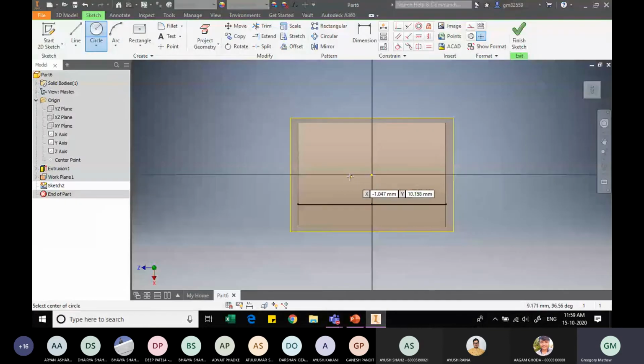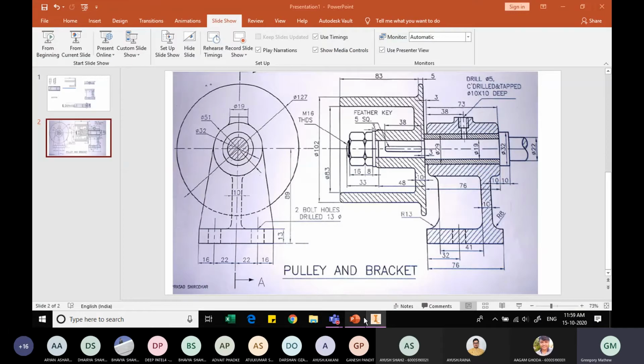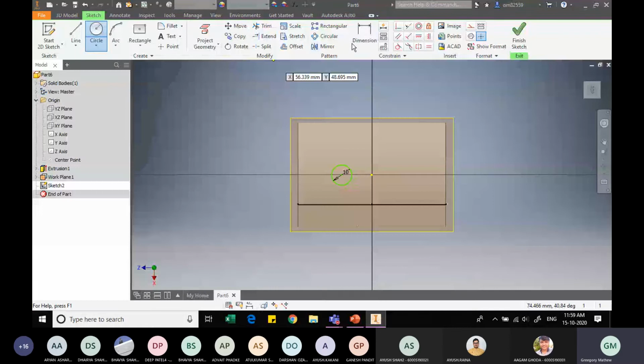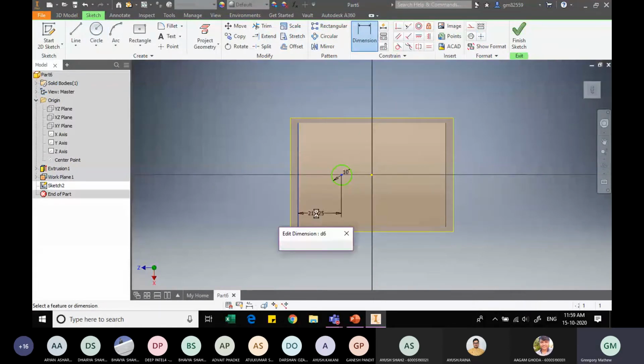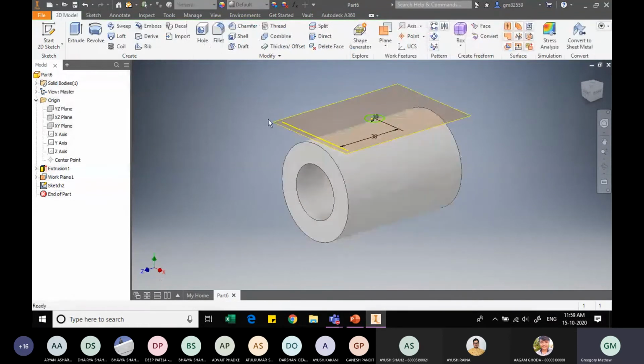So now let us create a circle that is lying along the center line, and we know the diameter is 10. How did I get this diameter 10? It is very clearly mentioned that you need to first drill a hole which is 10 by 10 and then drill a hole of 5 mm. And also remember that this drill which is 10 by 10 is tapped. That means it is having a threading. And the other portion is we know the center of this hole is at a distance of 38 from this edge. So let me give the dimensions now. From this point to this edge is 38. And let me finish this. And I will extrude this sketch